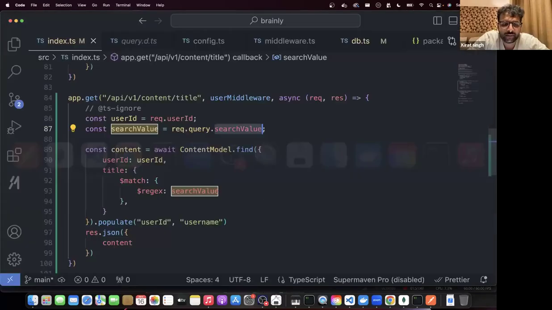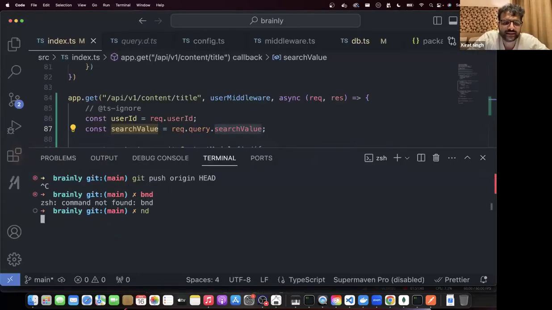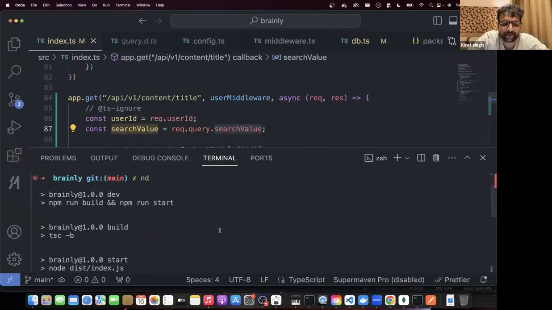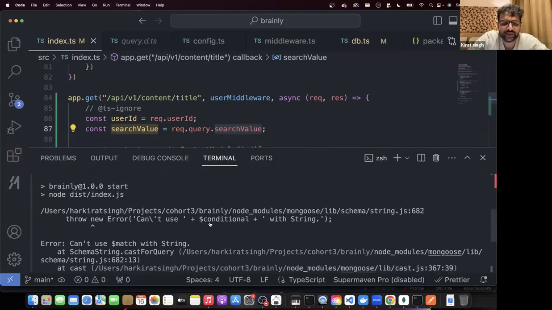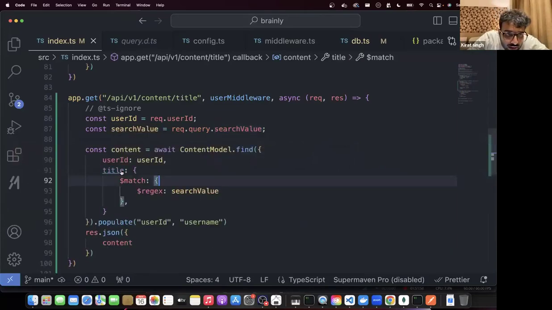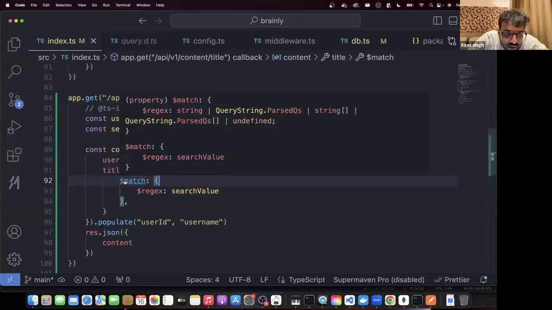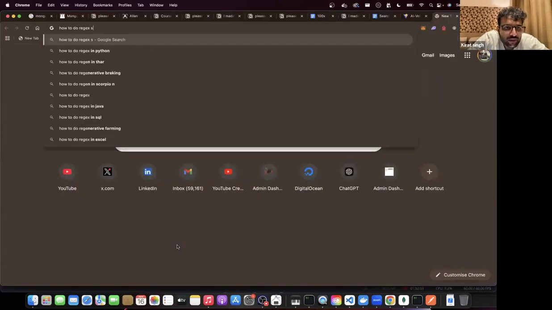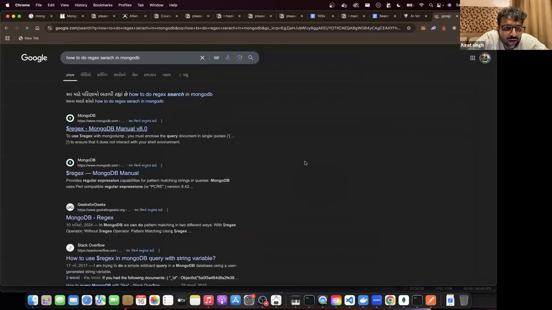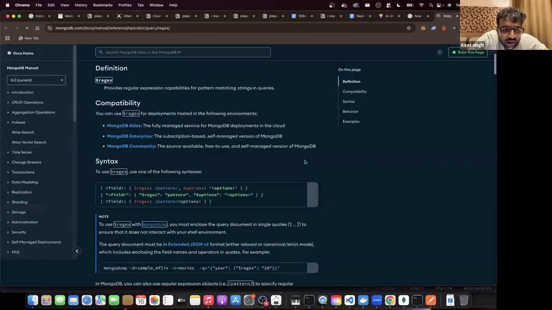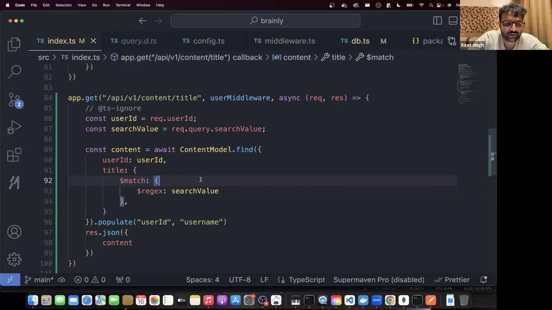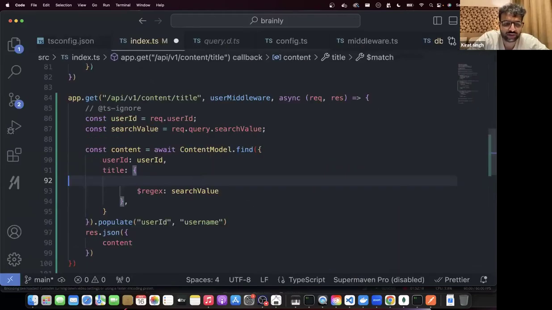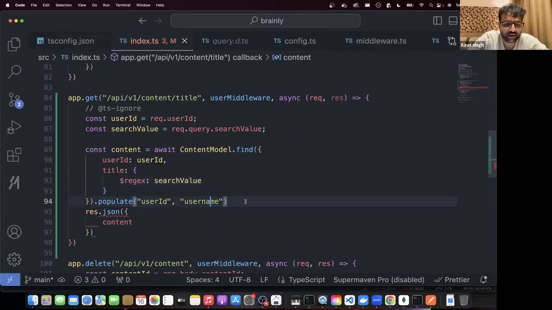Let me start the backend. Oh, sorry, it's regex. So I probably need to send star. Cannot use condition with a string. Where title match. All right. How to do regex search in MongoDB. जल्दी जल्दी देखेंगे. Field reg. अच्छा match करने की जरूरत नहीं है. Something like. I'll have to see what match is as well before I answer your question. But let me quickly try this. ये भी चल रहा है कि नहीं?